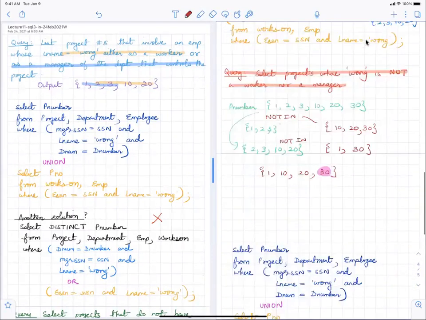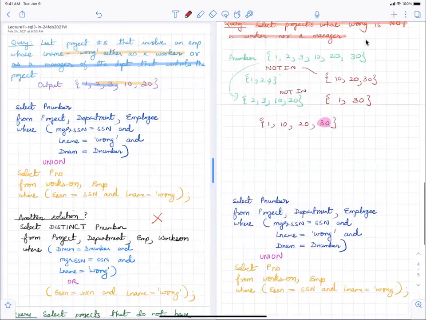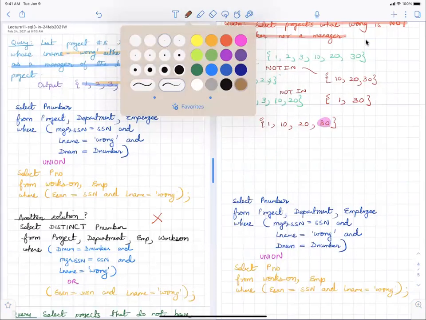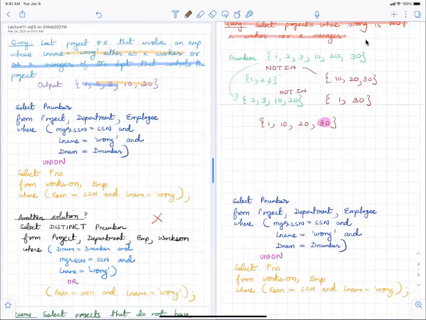So this was one way of doing it, but another way of doing it is also, so just say, okay, and then just put the whole thing out here.